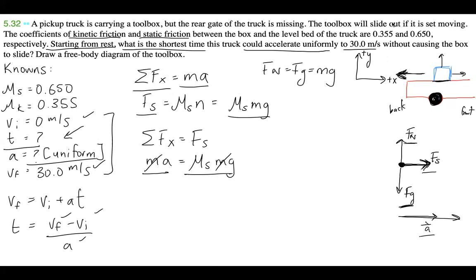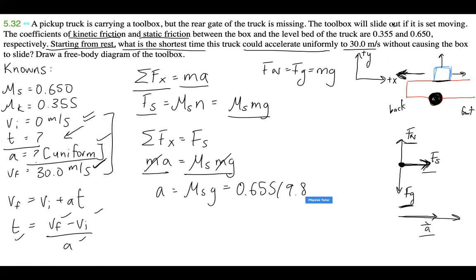Okay, so that means acceleration is equal to mu s times g. And we can actually plug in our value now for acceleration because we're given values here. We're given 0, we're given 30.0, and if we have our value for acceleration, then we can solve for t. So acceleration is equal to mu s times g, which is 0.655